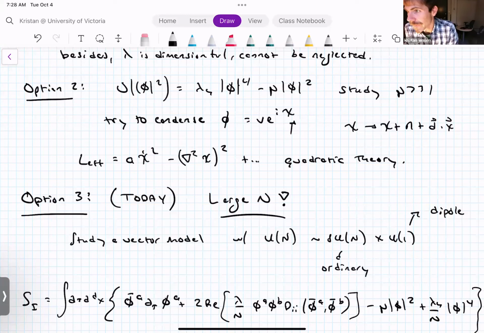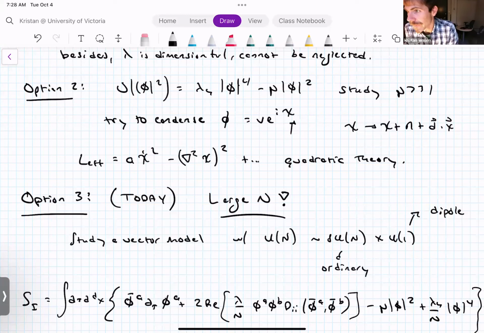So one lesson from this is that in this phase diagram, the dipole symmetry is broken everywhere. You get gapless phases everywhere, or at least we know for sure that you get gapless phases in the thermodynamic limit anyway. There's a subtlety that I could comment on about finite volume physics if you want. In particular, in this phase up here where U(N) is preserved but the dipole is spontaneously broken, up above that line,